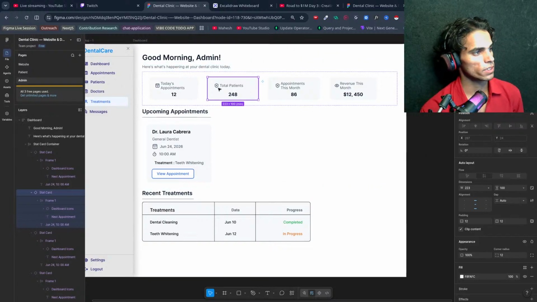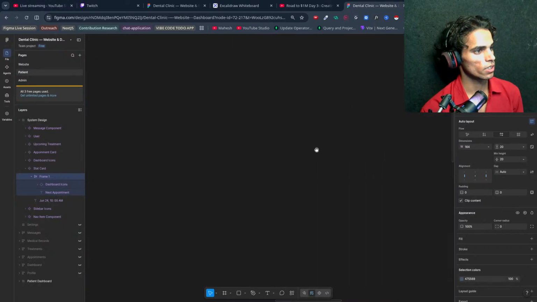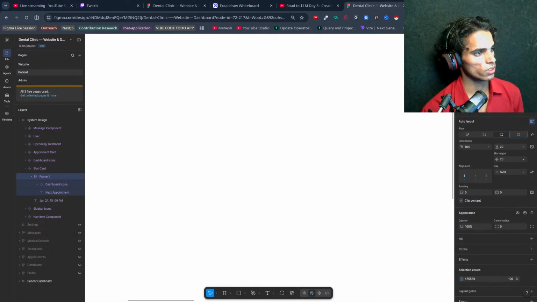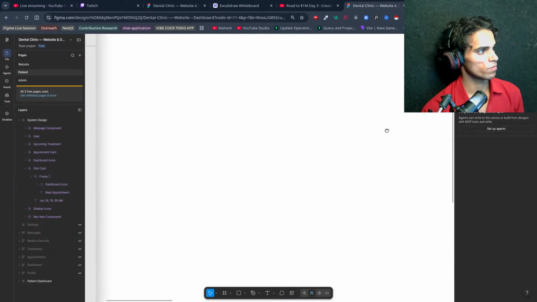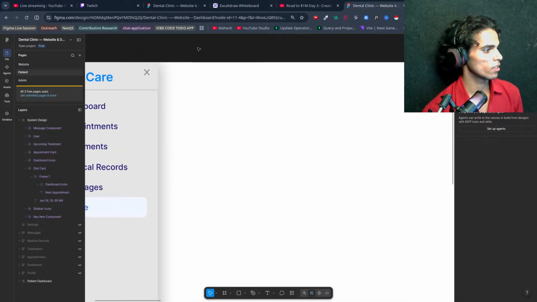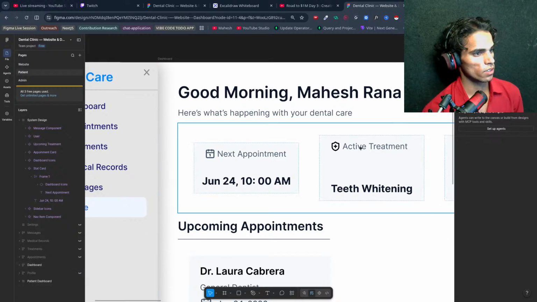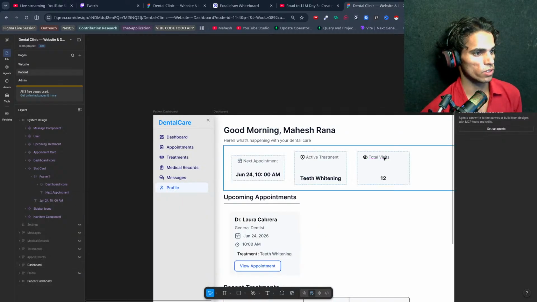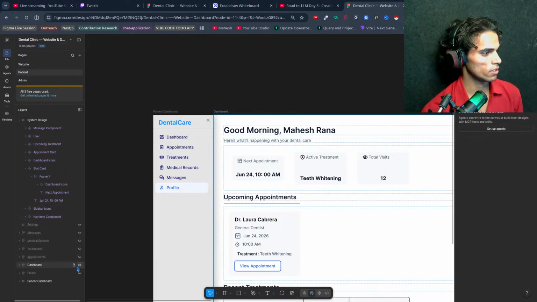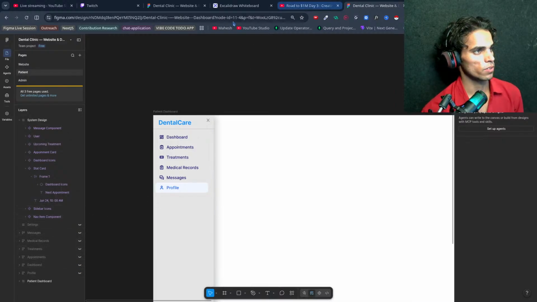For total patients I will keep this, because if we see here what icon we are using, I would like to open the dashboard page. Active treatment we are using this, and total visits we are using this, and treatments we are using this.